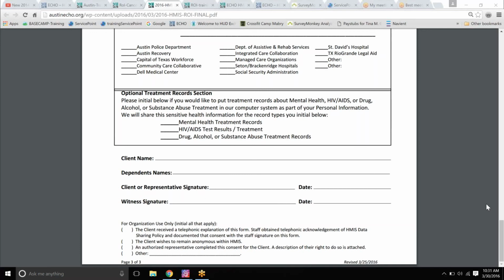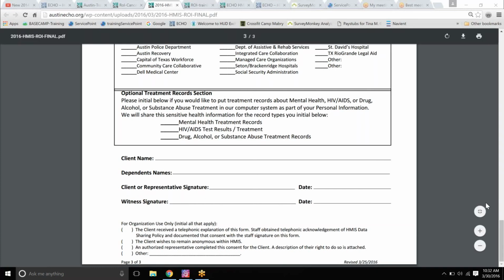Spanish version. There will be a Spanish version attached as well that will look exactly the same, and that will be online, and we will provide you guys with a copy of that as well. So we are butting up on 10:30. I'm going to look through these questions real quick and see if there's any more that I can answer as of right now. It looks like that's it.